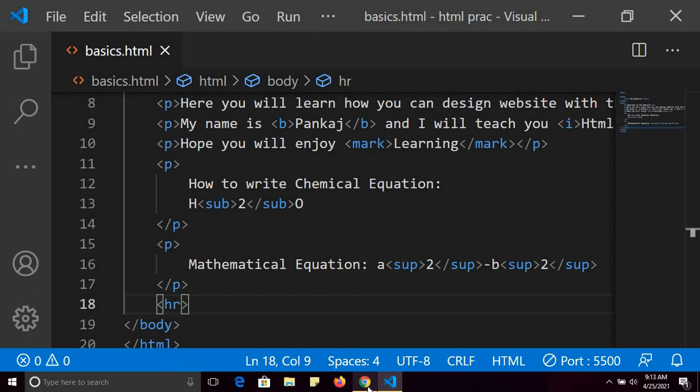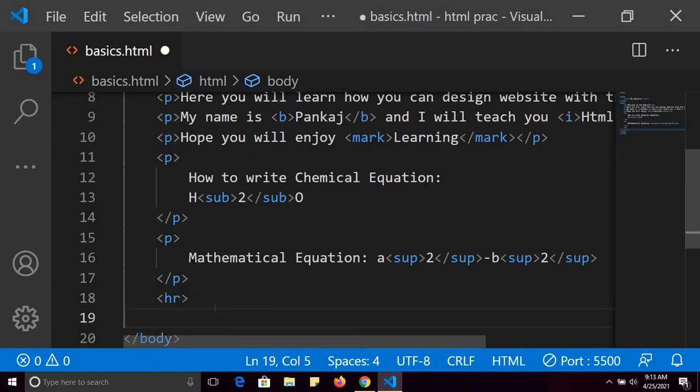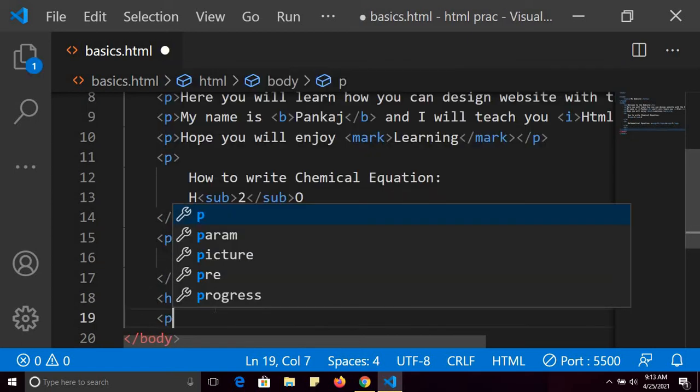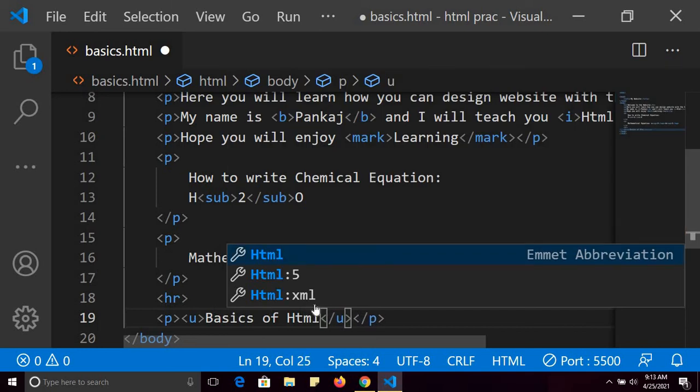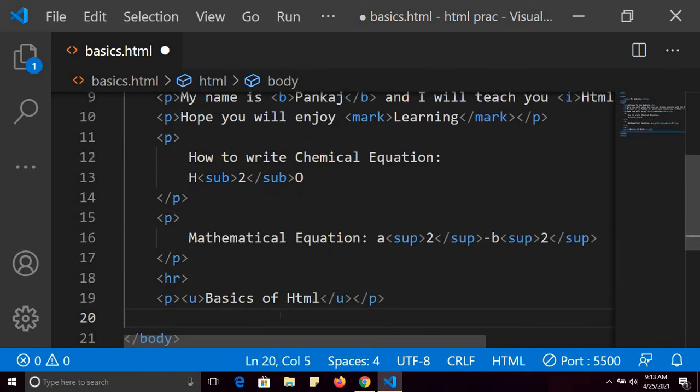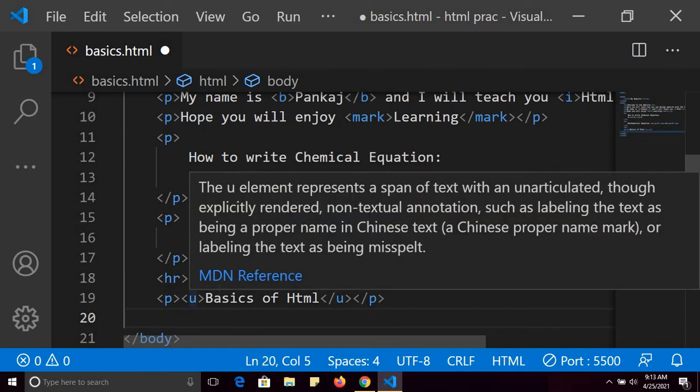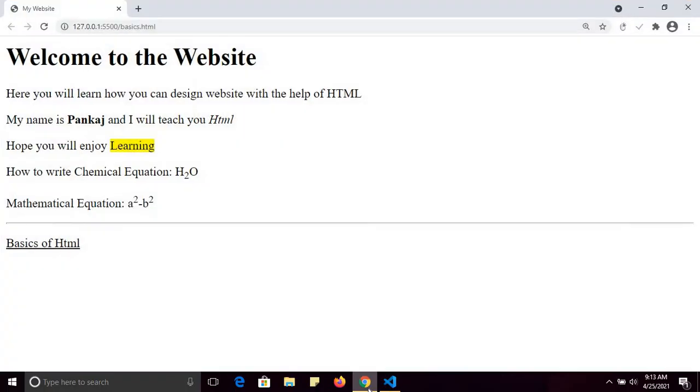Similarly, if you want to use underline, for example, I want to write basics of HTML in underline, and for that I have to use the U tag. Let me save and show you the output, and see basics of HTML.